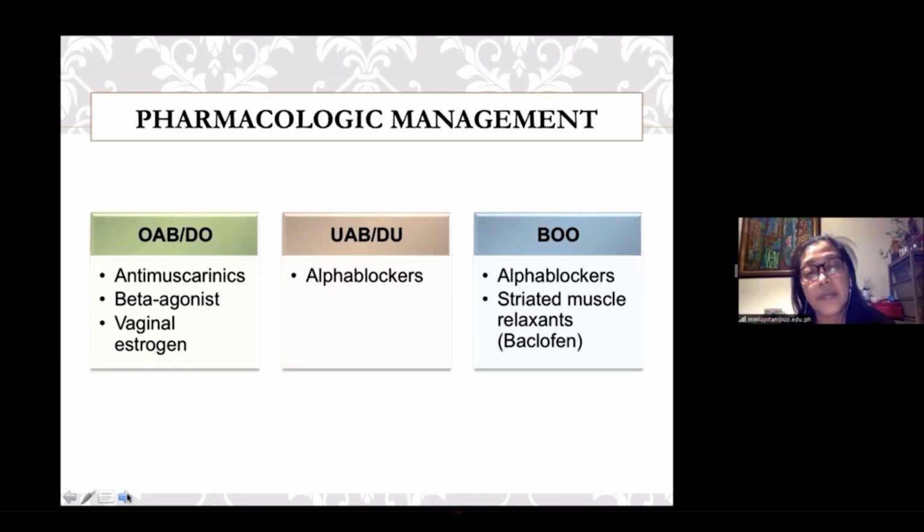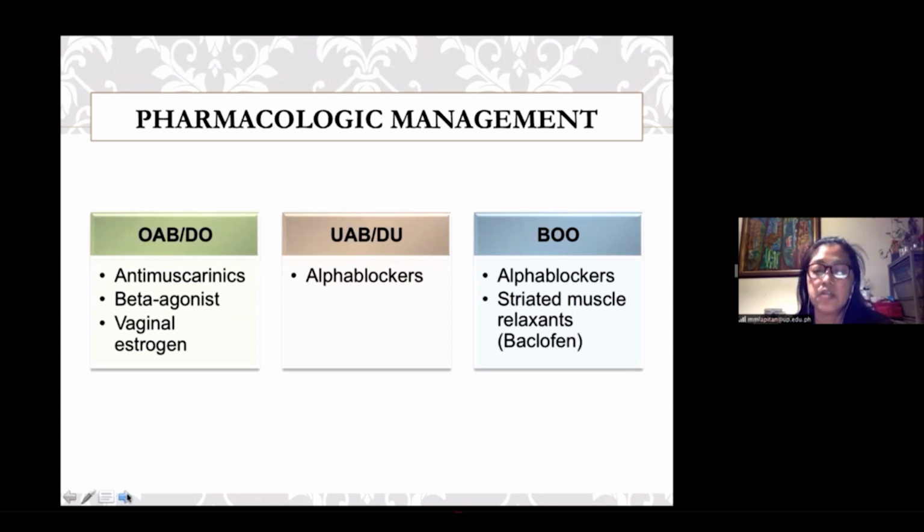A relatively new player in the OAB sphere is the beta agonists such as mirabegron. Systematic reviews have demonstrated that mirabegron is better than placebo and is as efficacious as antimuscarinics in the improvement of OAB symptoms. OAB, especially as a component of a genitourinary syndrome of menopause, can be effectively improved by vaginal estrogens